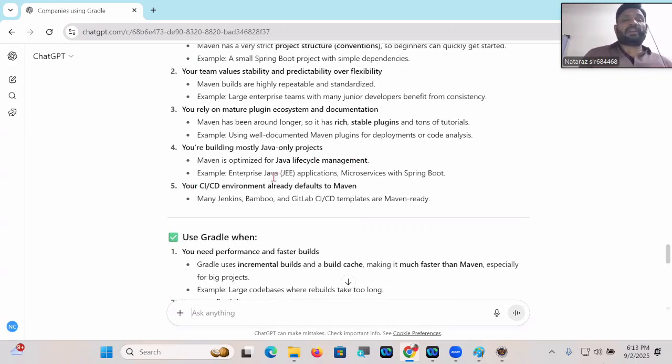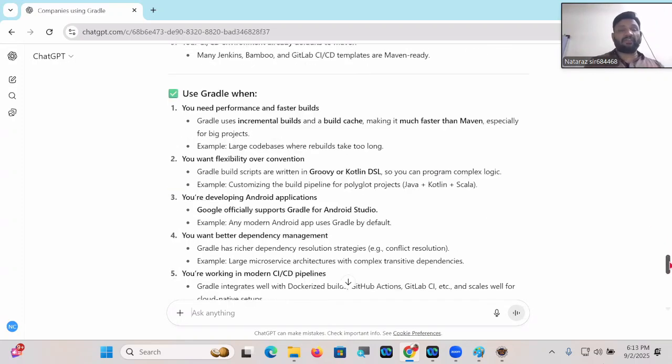Example, an enterprise Java application, a microservice with Spring Boot. Your CI/CD environment already defaults to Maven. Many Jenkins, Bamboo, GitLab CI/CD templates are Maven ready. Because in Jenkins also Maven is the built-in configuration, guys. Okay. Use Gradle when